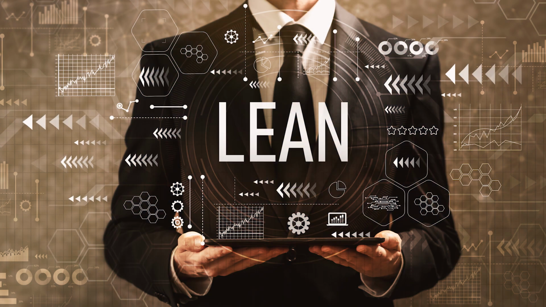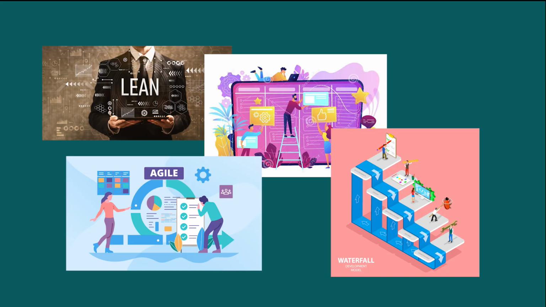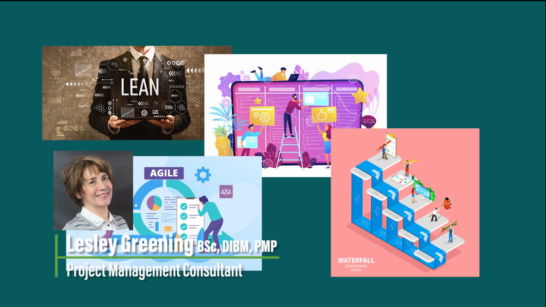Lean is another one which attempts to eliminate waste, and this one is mainly used in manufacturing, and it aligns with the just-in-time process. So this is just a quick overview of the main methods that are used in project management. I hope it's given you a little bit of